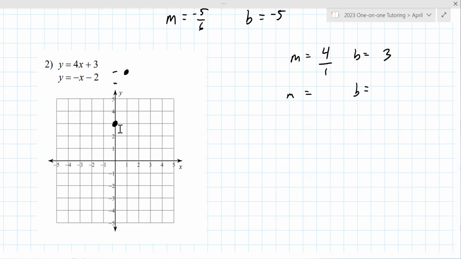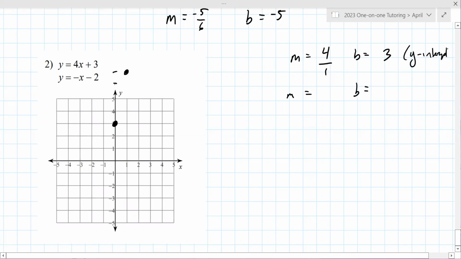So does the b represent the intercept? Yes, that's exactly what it is. It's the y-intercept. So then we can graph the line with the slope. You put a dot on the y-intercept and then you move from there with the slope. And what it's trying to point out is this one's off the graph, so you don't really want to use that point. You want to go find another point, go in the other direction. Like see how from this new dot, if you go up 4 and right 1, you get to the